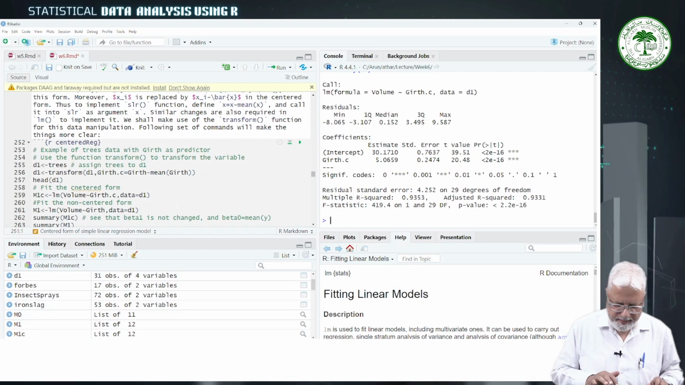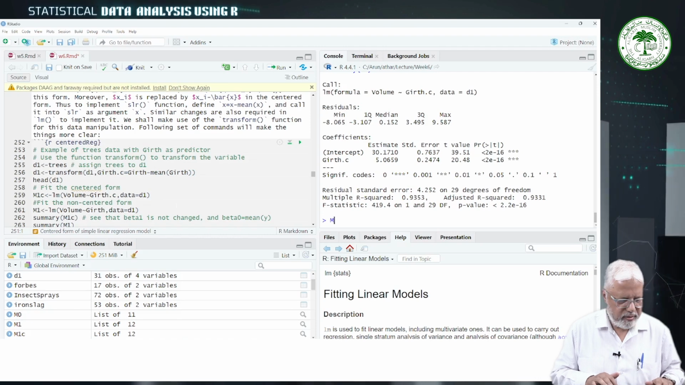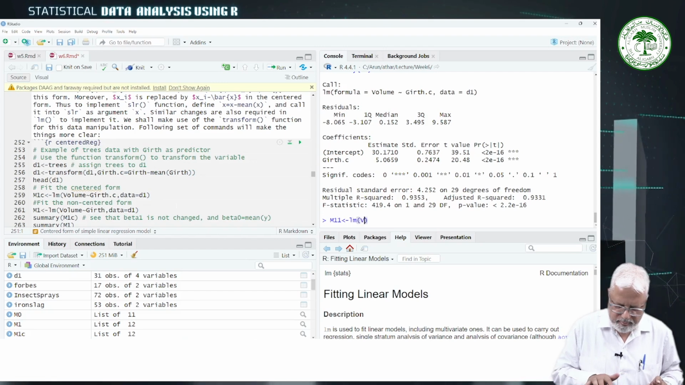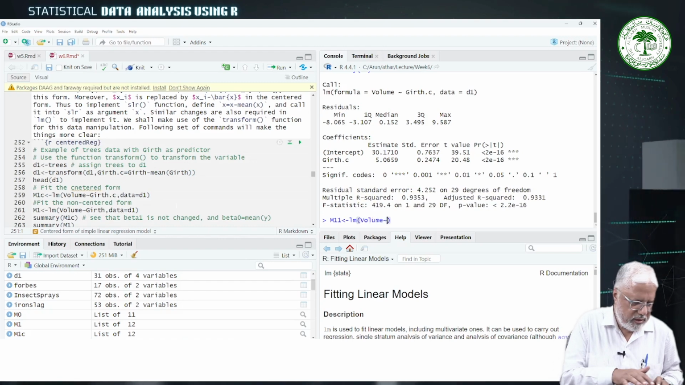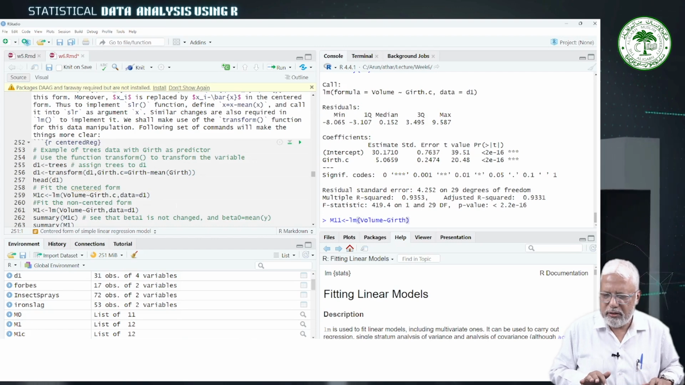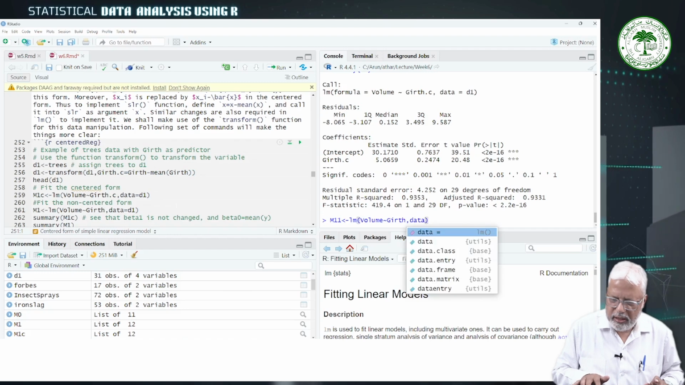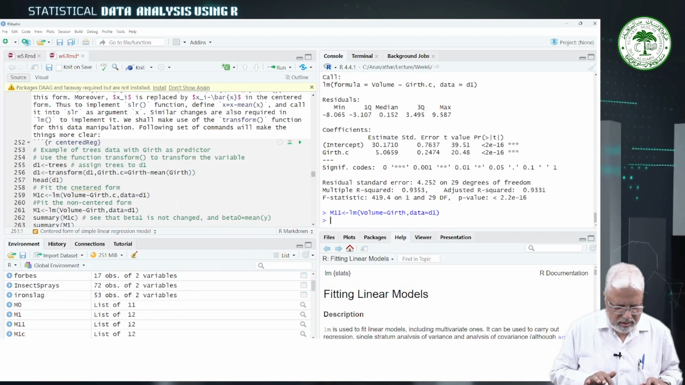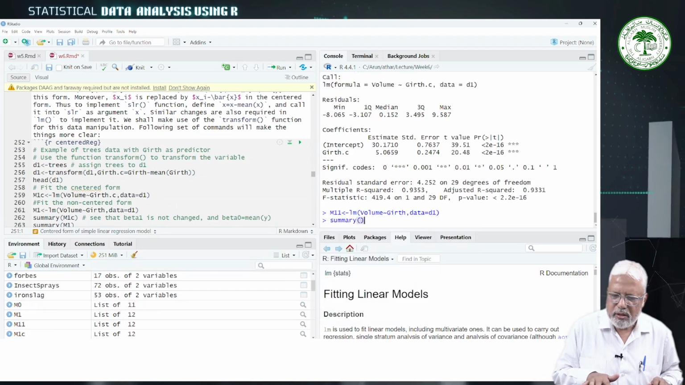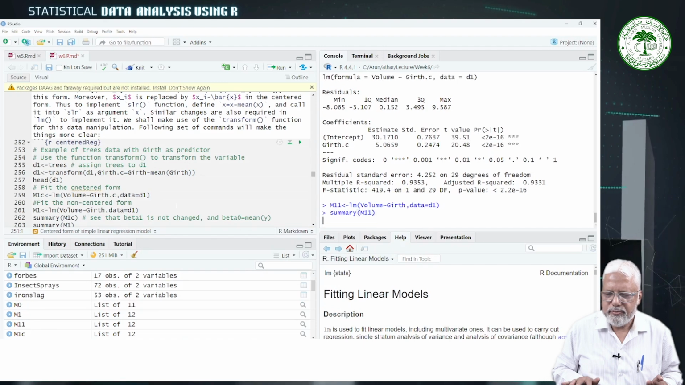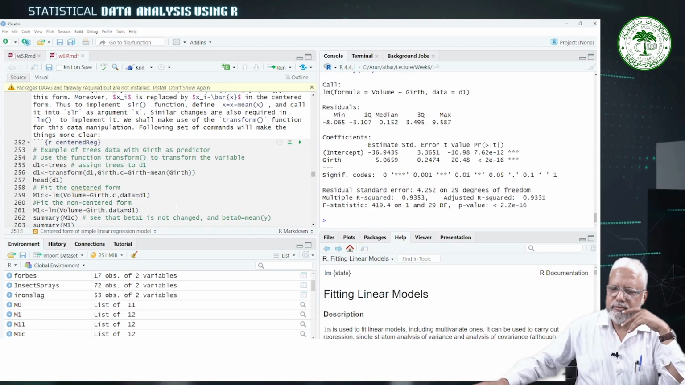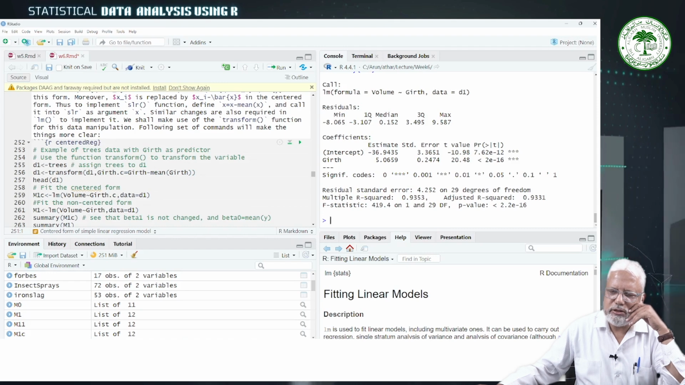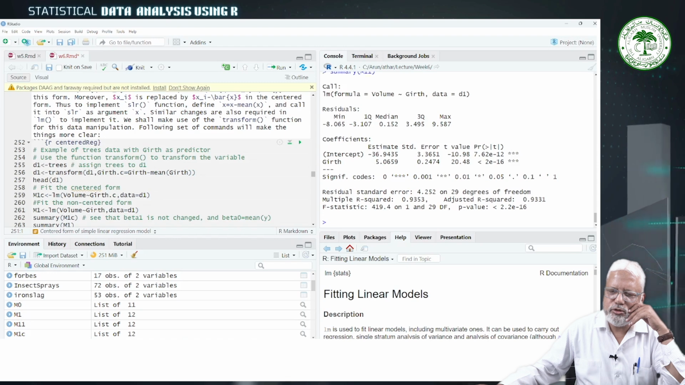Actually, if we fit M11 is equal to lm of volume tilde girth, not girth.c, we are using girth, and data is equal to, say, d1 or trees, both you can have, and then we put the summary of M11. See what is the change here. We are having the intercept beta naught is equal to minus 36, whereas beta 1 for girth is 5.066 and here